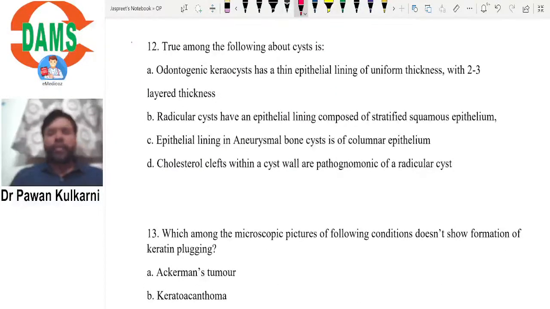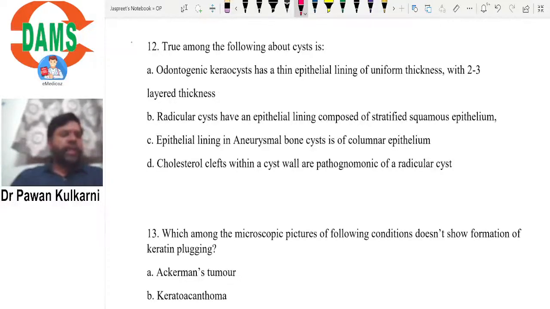True among the following about cysts is, odontogenic keratocyst has a thin epithelial lining of uniform thickness with 2 to 3 layers. So first thing, what are we going to do here? We are going to find out the false statements. What are the false statements? Yes, this is a false statement. Why is it a false statement? Because odontogenic